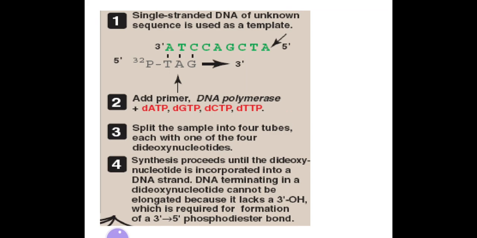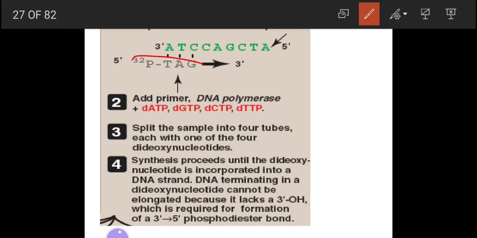First of all, we took single stranded DNA of unknown sequence. We don't know what its sequence is. In the first step, single stranded DNA of unknown sequence is used as a template. Then we use a primer. Add the primer, DNA polymerase, the enzyme which will synthesize the complementary strand, and the dNTPs: dATP, dGTP, dCTP and dTTP. Now in the next step, split the sample into 4 tubes, each with one of the